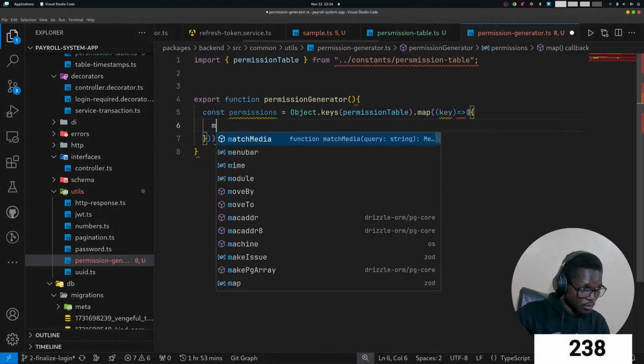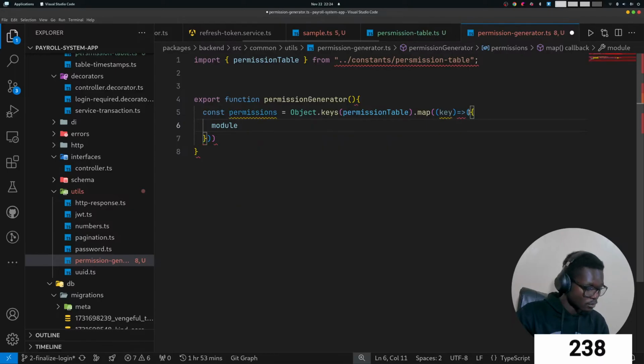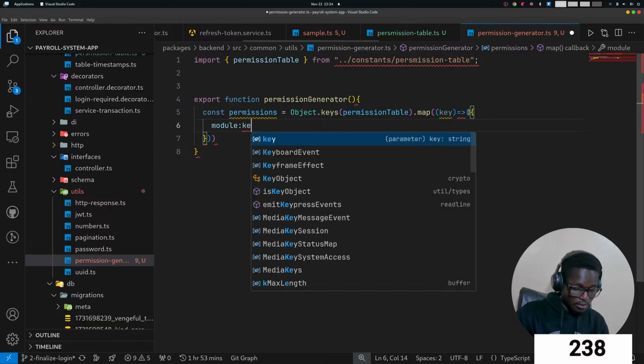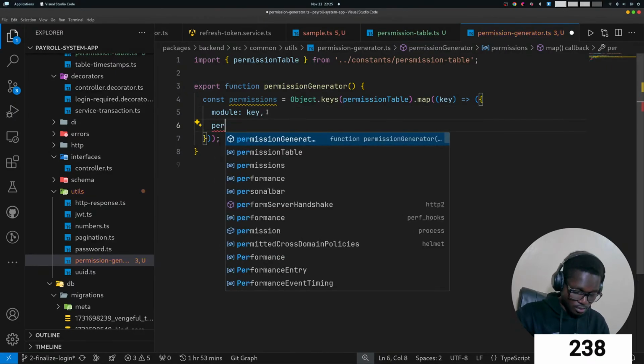So module name, module will be the key. Then for that key, we'll have a list of permissions,